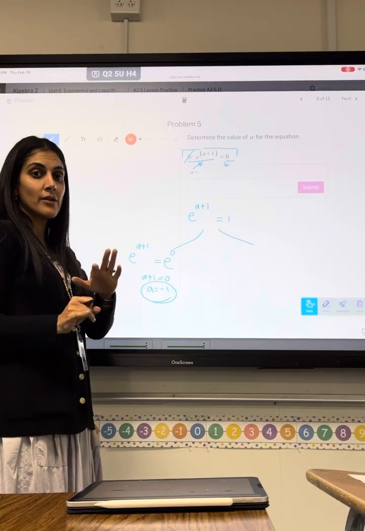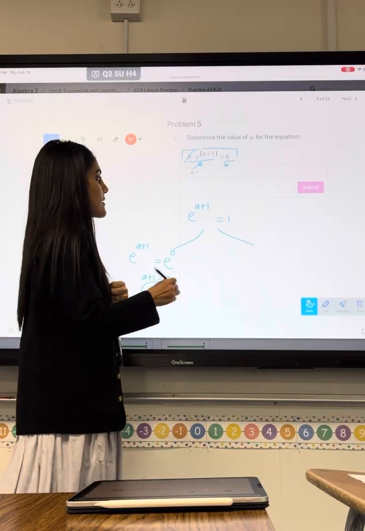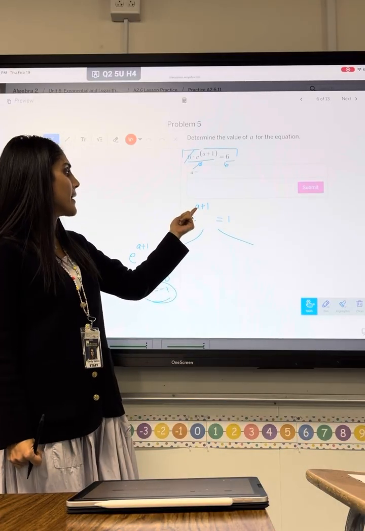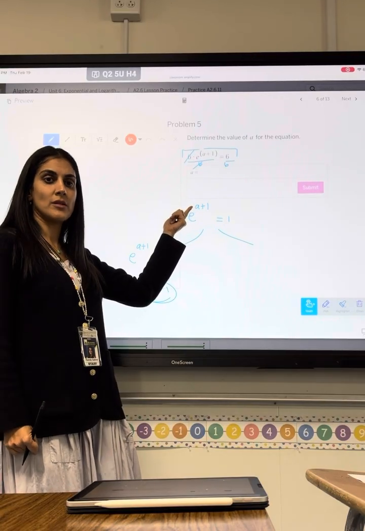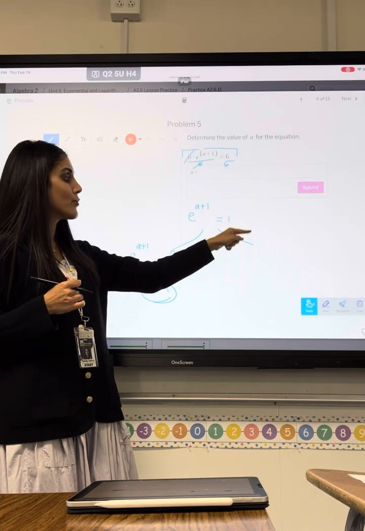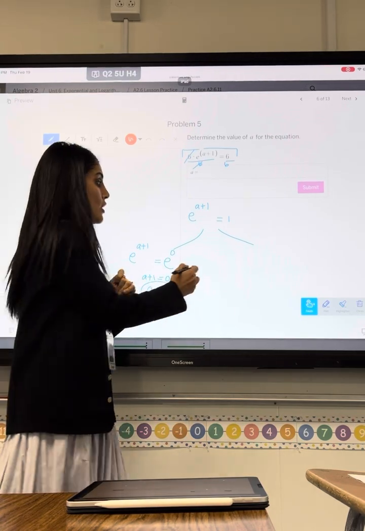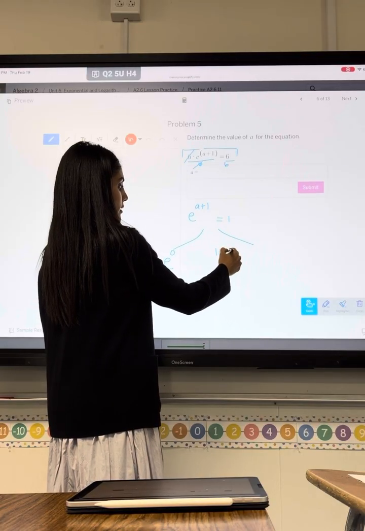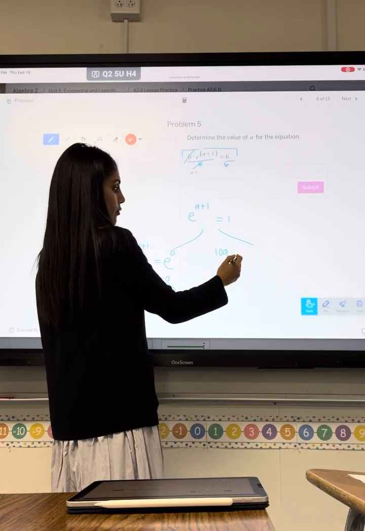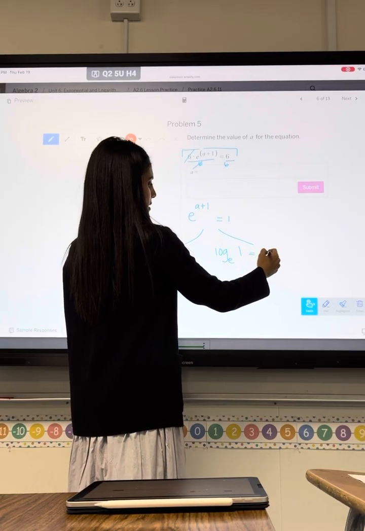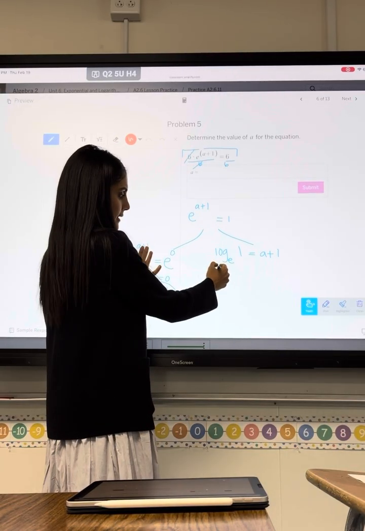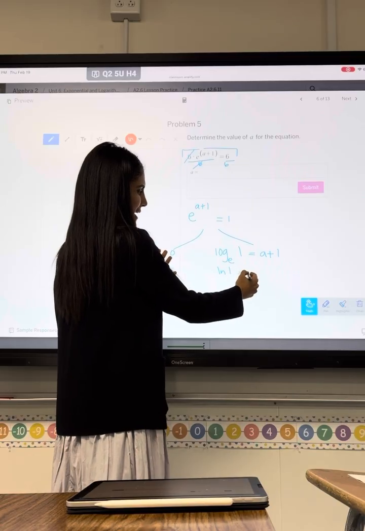So let's look at another option, okay? The other option is to say, okay, I can't make the bases the same. And my variable is in the exponent. So I'm gonna switch forms. This is an exponential equation. I'm gonna rewrite it as a logarithmic equation. So I'm gonna write a log with the same base, e, of 1 equals a plus 1, okay? Now log base e is shorthanded as ln, so this is the same as ln of 1 equals a plus